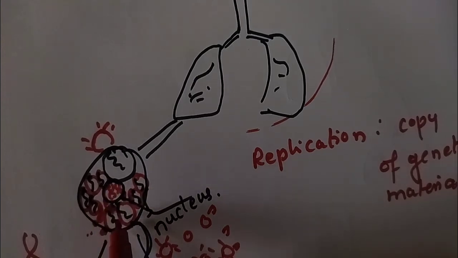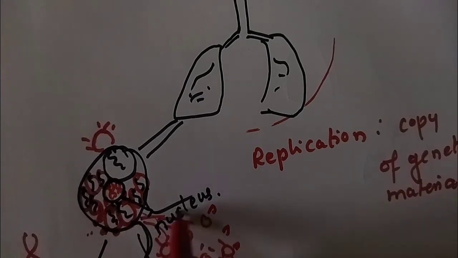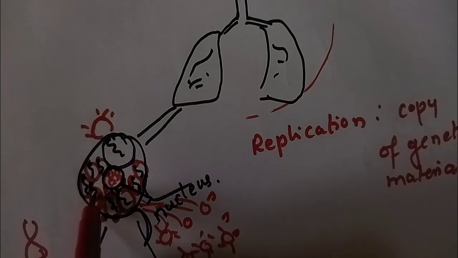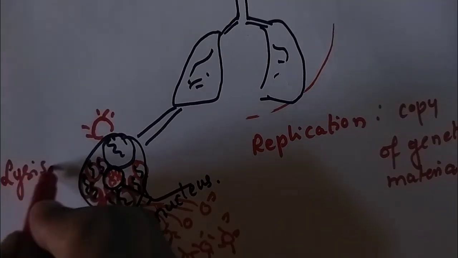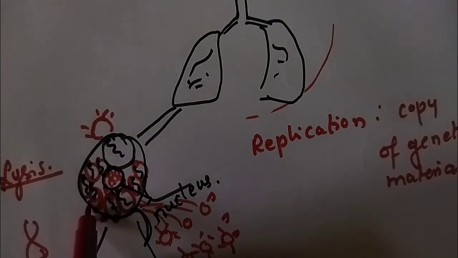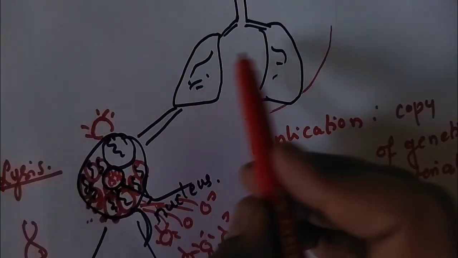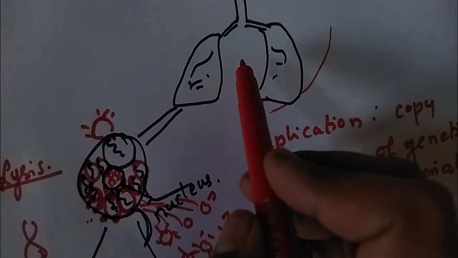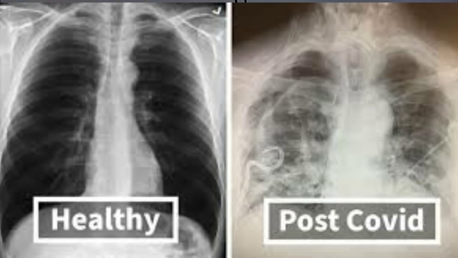So what will it do? It will ask the human DNA or human nucleus to form its RNAs. So when the RNA is formed, the protein coat also will be formed and the whole viral particle is ready. And since there are many in number, it will burst open the cells and viruses will be released by lysing the cell. Lysing means bursting open. Lysis means death of the cells. It causes death of this cell. Like this, all the cells in the lungs will be destroyed, causing respiratory problems in the human.